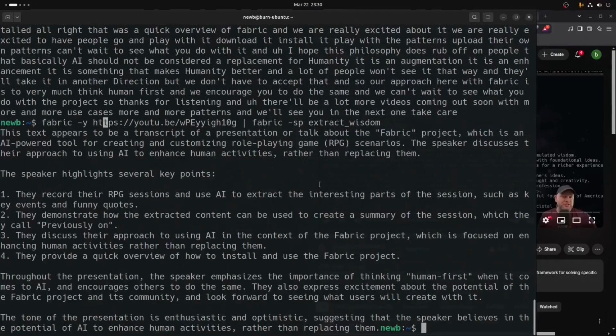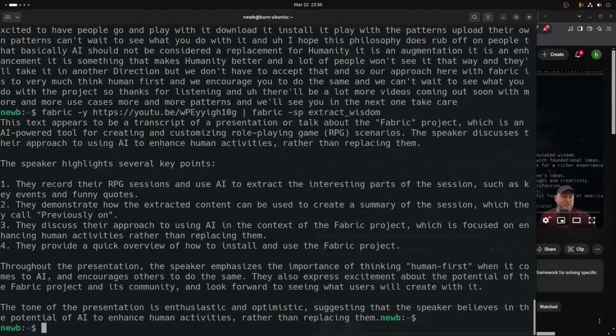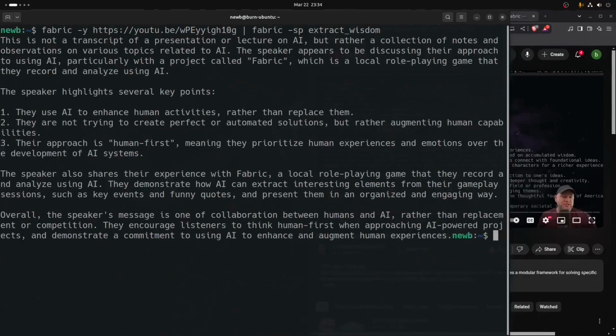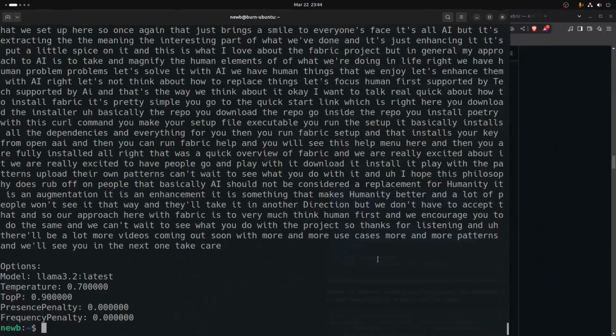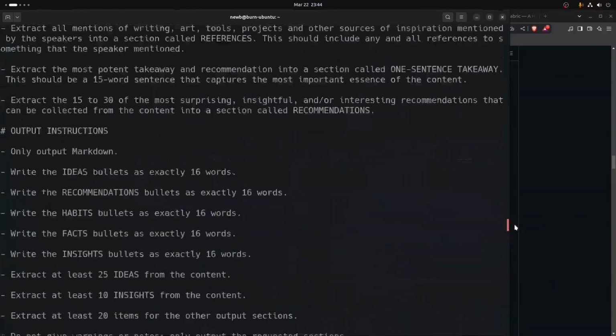And that's really not a very good example of the extract wisdom flag. Usually it's a lot more verbose. Llama 3.2 is not doing a very good job on this. Trying these various combinations of the Fabric command, we notice that we just don't get the sort of output that we're looking for. So let's take a look at what's going on here and see if we can't solve this